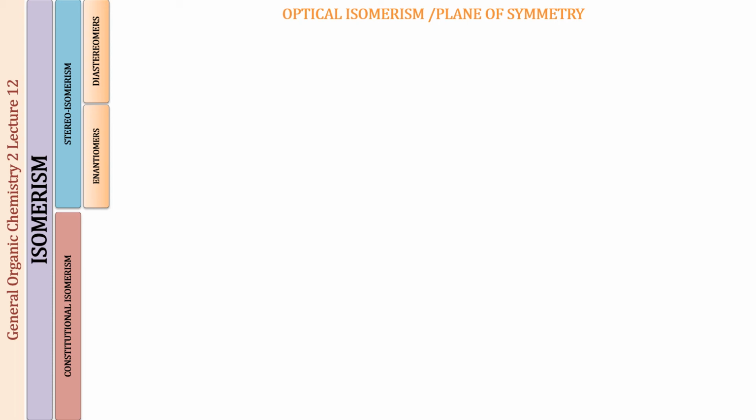Now what we will be doing is strengthening our topic further with the help of a few questions where we will have to identify whether a plane of symmetry is present or not. And here we are not going to use any models, we are not going to use very elaborate three-dimensional diagrams, because that is not going to be possible for you in the examination. In the examination, you are going to have your paper and your pen, and you will have to think with that paper and pen how you are going to find out a plane of symmetry. That is what we will be doing now.